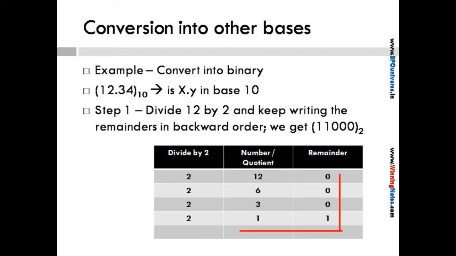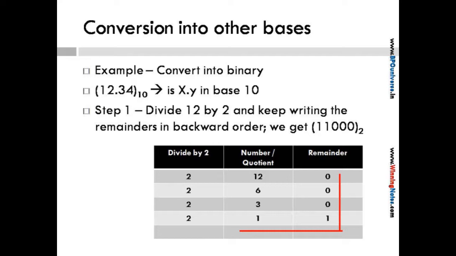In this given chart you can see that we are dividing. The first remainder is 0 when you divide 12 by 2. Next, when you get the quotient as 6, you divide that again by 2 and you get again a remainder 0. Similarly you keep on doing the same till you get the quotient as 1. Now we know that 1 is less than 2, hence we have to stop here and start